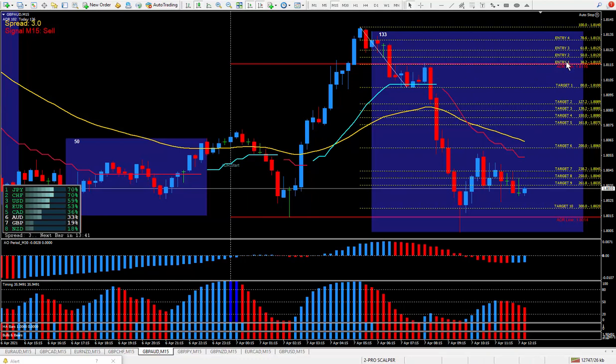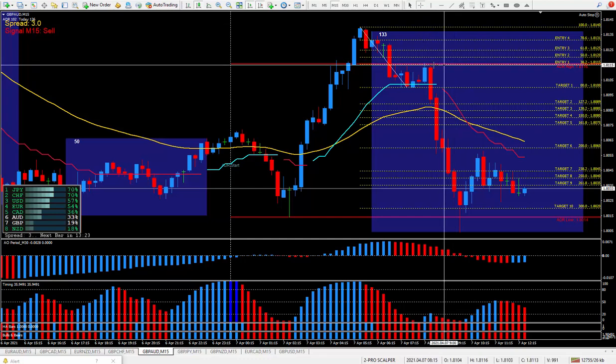Entry 1. Then you're looking for, sure, a very high success rate of hitting at least target 2 minimum, and everything above that, and it did hit target 10. Look at that, eh? Isn't that like magic? Today was a great day of trading in anywhere around here, producing 110 pips. One trade like this